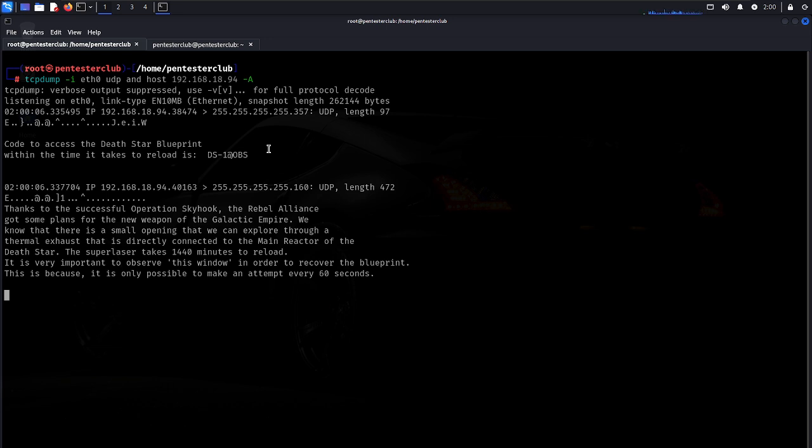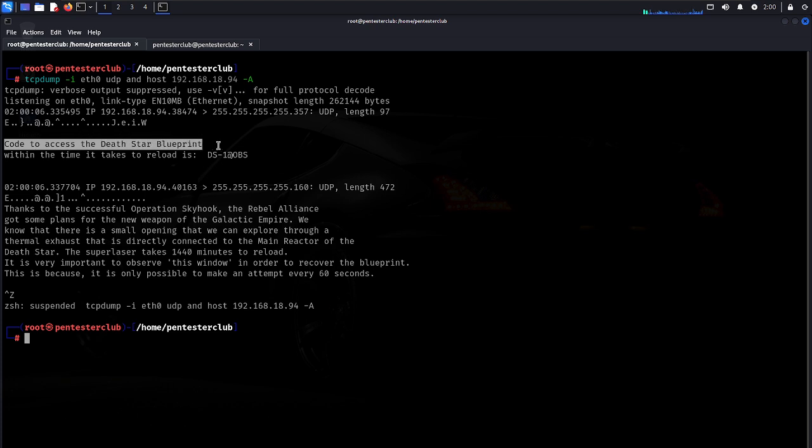So I'm reading the message. Now I just quit tcpdump. Now we would like to look here: code to access the Death Star blueprint within the time it takes to reload, DS1 at the rate OBS. So this is the code. Now this is the targeted IP address, and the listening port is 40163, with UDP and length